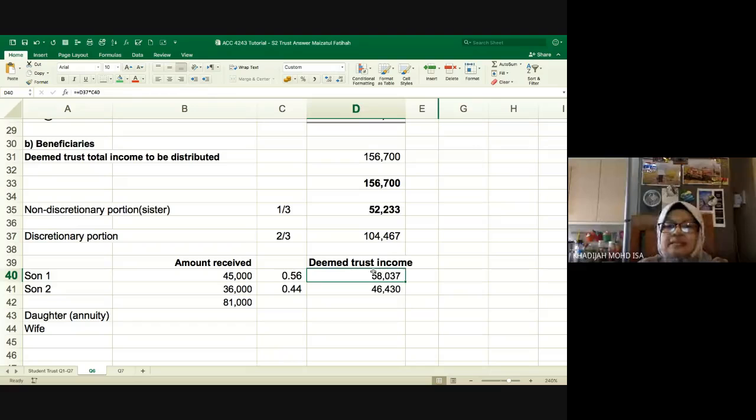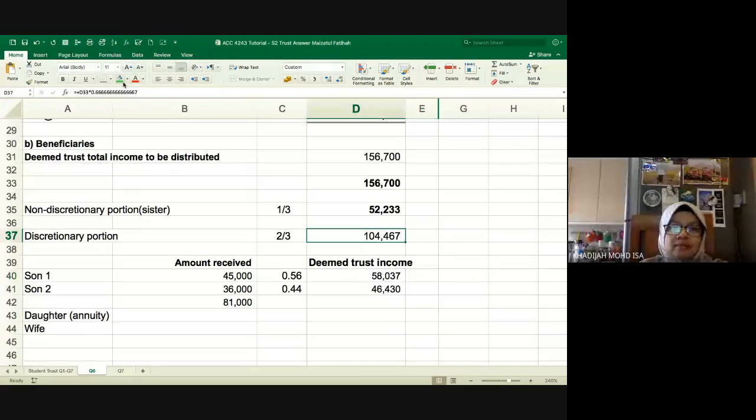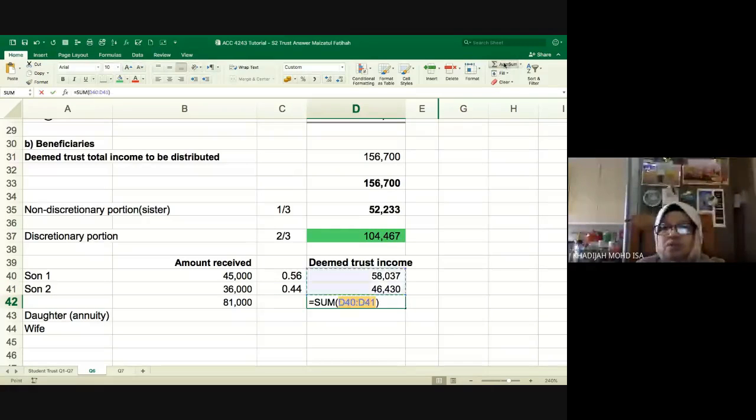So deemed trust income based on this portion, how much? How do you get this? 58,037? 0.56 times 104,467. Yes, this amount, 104,467 times 0.56, you will get 58,037 because this is the discretionary portion. Similarly, the same amount, 104,467 times 0.44, you should get 46,430. So if you total up these two, you should get back